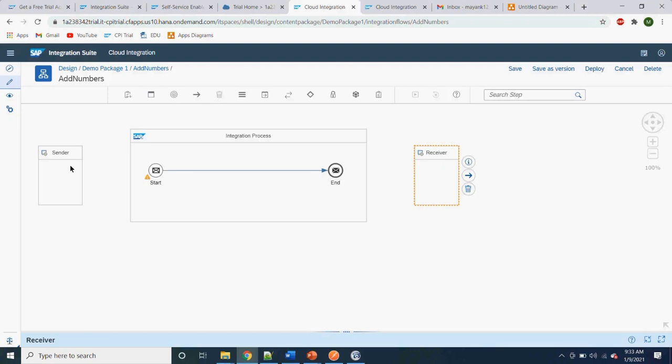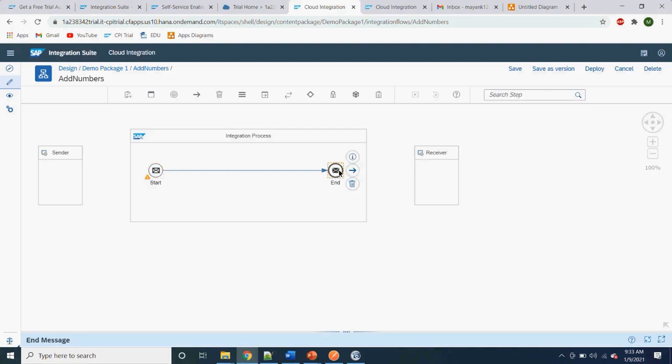As we saw in the previous diagram, we will have a sender sending the request to CPI, and then CPI would in turn send the response back to the sender. When I say sender sending a request, we see this palette function. This is the start function. Whenever a message is received in the start function, the actual message processing will start.